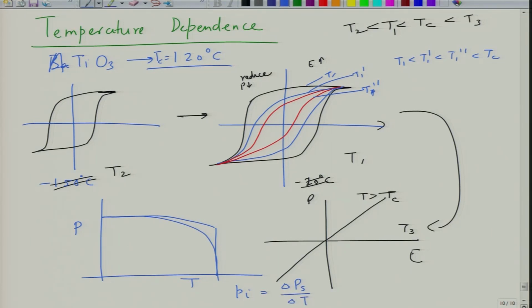So, you can also determine the pyroelectric constant for a given material, because we know that every ferroelectric is pyroelectric in nature. So, basically what will happen is that